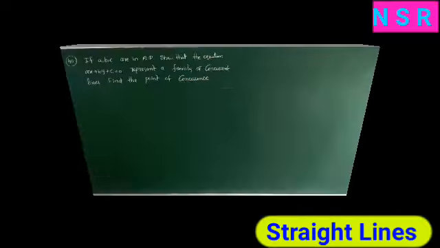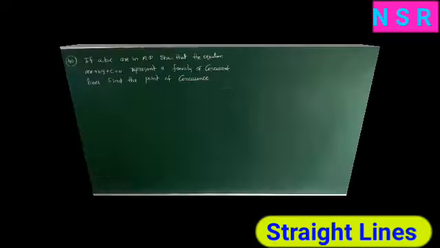Concurrent lines means three or more lines passing through one point. Then those lines are called concurrent lines. That intersection point is called the concurrency point or point of concurrency. Now this is L1 and this is L2, here a and b are constants. Take it as equation number 1. So equation 1 represents a